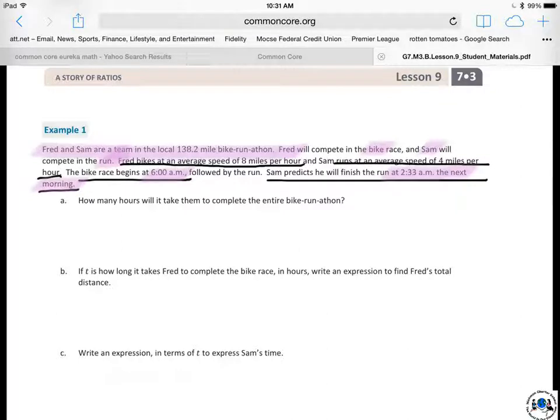Okay, so first of all, now he's predicting this, but right here it says, how many hours will it take them to complete the bike run-a-thon? Okay, how many hours? All right, so go ahead and think about that and see what you can come up with, and then come back. Okay, so this one was just a simple elapsed time, which is not always the easiest